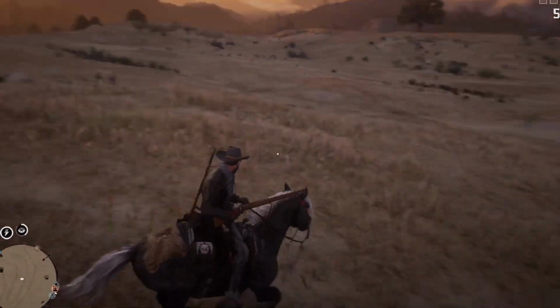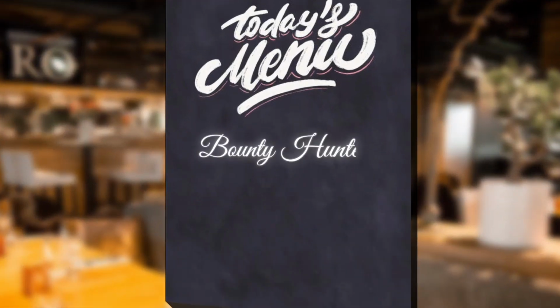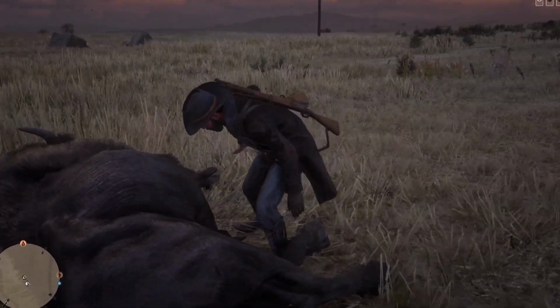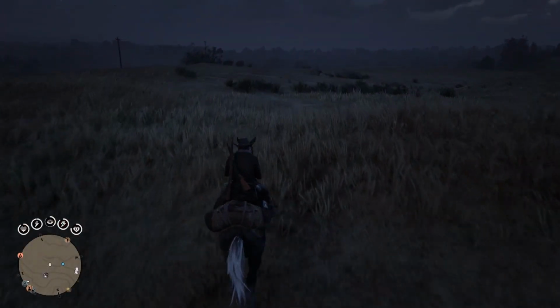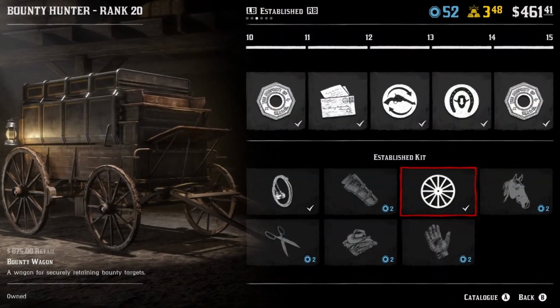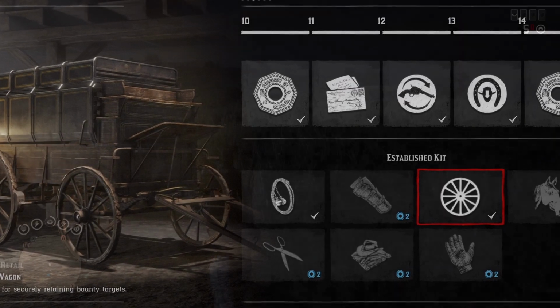Right, so we will go through these roles in the order that they got released. The Bounty Hunter, Collector and Trader released on the same update, so we will just start with the Bounty Hunter. And at number 1 at Bounty Hunter, I have a Bounty Wagon. In my opinion, the Bounty Wagon is the most essential thing you need with the Bounty Hunter, especially if you're playing solo. If you're playing in a posse, it may be a bit less essential to have, but I would